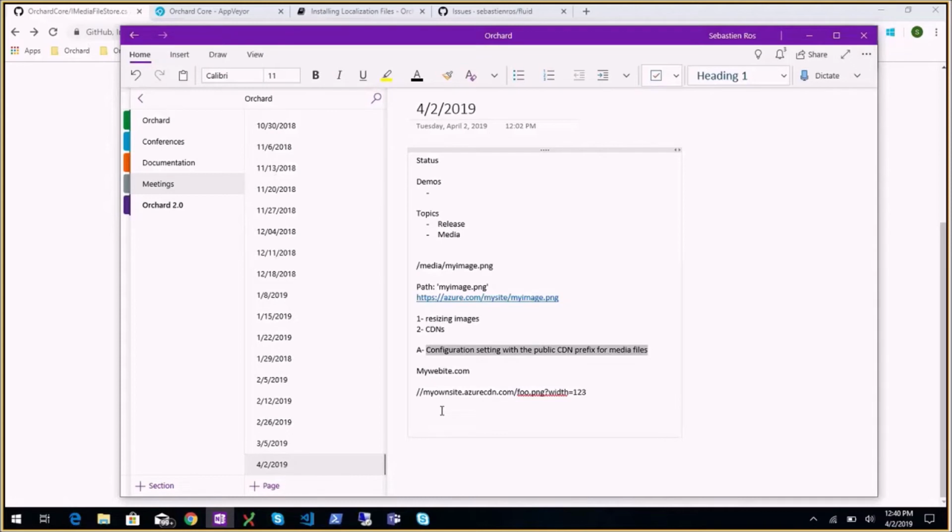And a trick is that if you really want to use Azure Blob Storage as the CDN and as the source of your images, then put the prefix for the Azure Blob Storage as your CDN provider. So we will never load the blob storage. That's how you can't say it's a bad idea, because you can still have the behavior of blob storage serving the image itself. You just have to say, this is my CDN, this is Azure Blob Storage for the media files. Because the second step is to have a configuration setting